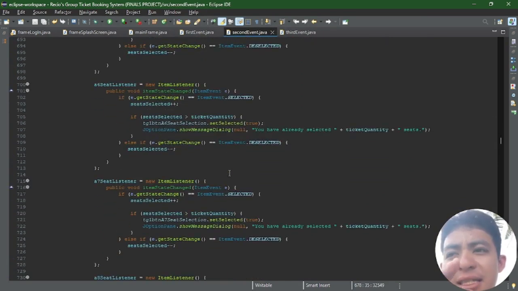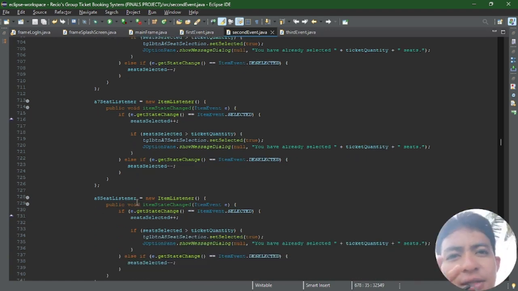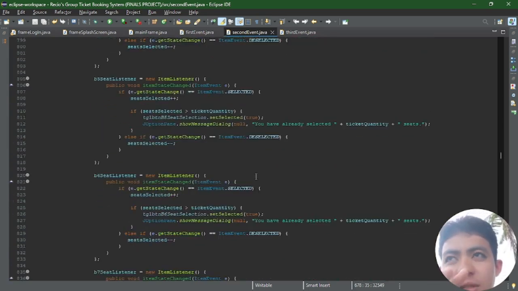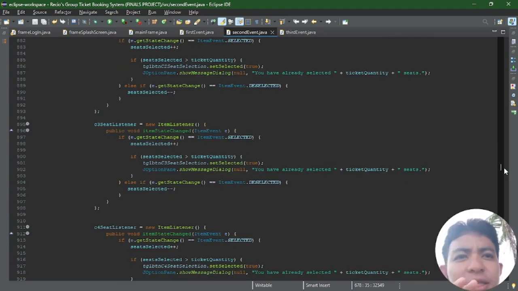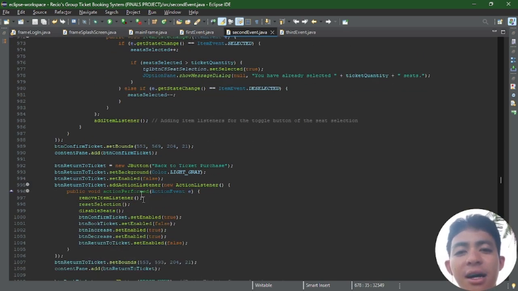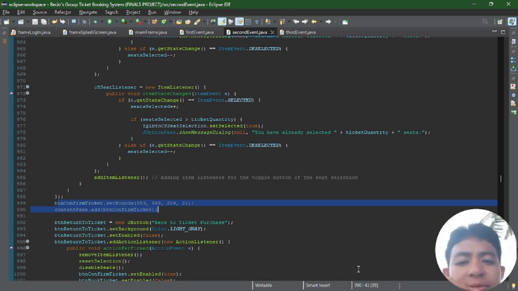Like when nothing is selected and you press book, it will show a JOptionPane message that you did not select any seats. So let's continue again in the JButton. After being pressed, it will record itself in the JTable components when it is shown. So, thank you everyone. This is my part of the code, the seat selection frame. Thank you for listening.